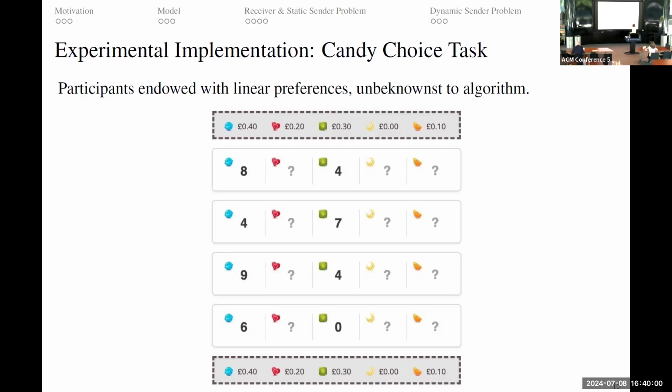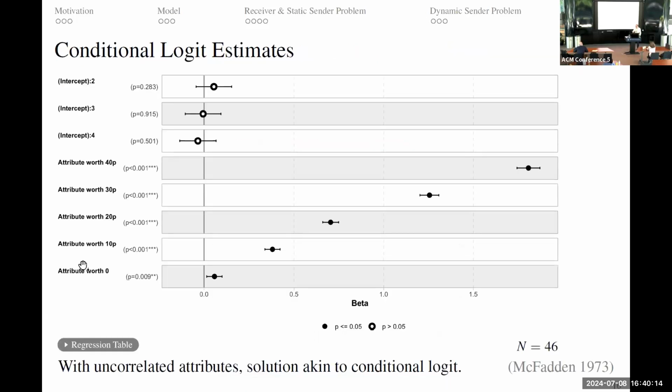And I think the video here does not seem to be working, but what's happening is that the algorithm observes users' choices and just has to decide trial by trial which information is to be displayed on the next trial. Turns out that people's choice behavior is described very well by the solution to this rational inattention model, which is actually just a discrete choice model. Much like in conditional logit, we can obtain estimates for the preference weight on the different attributes and recover the incentivized preferences nicely. So that's just a sanity check for the model of the boundedly rational receiver's choice behavior.